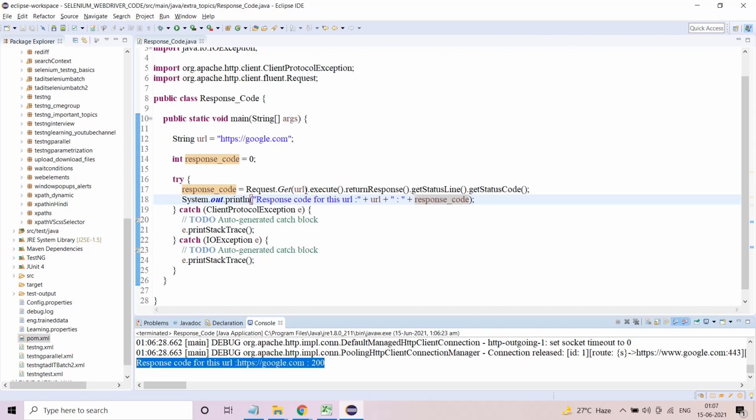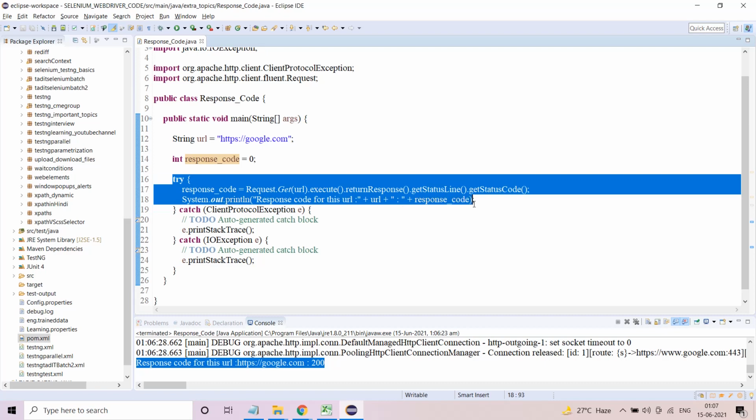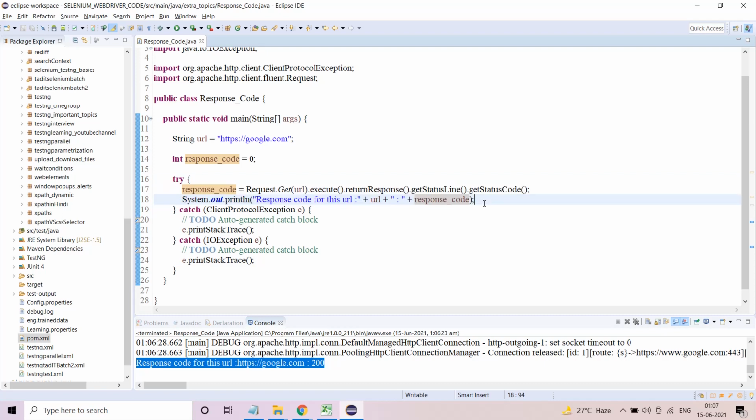So you can use this particular line of code everywhere you want to make sure that if response code is this, then you go ahead and click. If response code is not 200, don't even proceed, because you're getting a 500 gateway error or internal server error. You can utilize this code in your WebDriver script as well. That I will explain in future videos. So this is a very simple topic, not a big deal, but you can utilize this, because even though it is a very small and simple topic, it will give you a lot of value add when you actually encounter it.